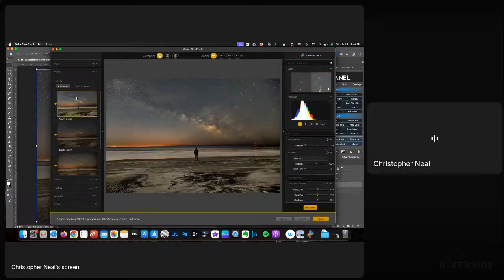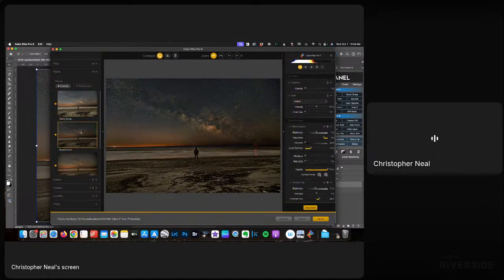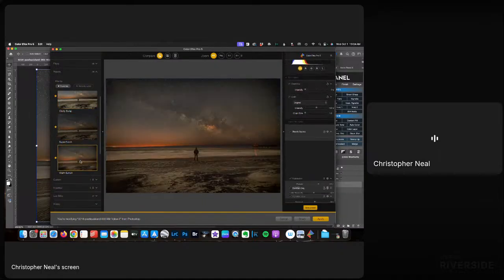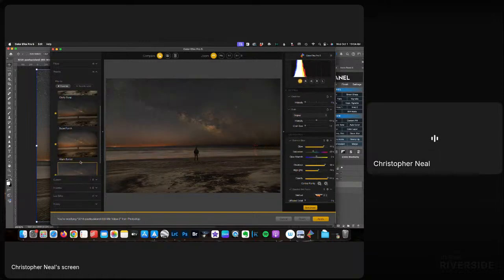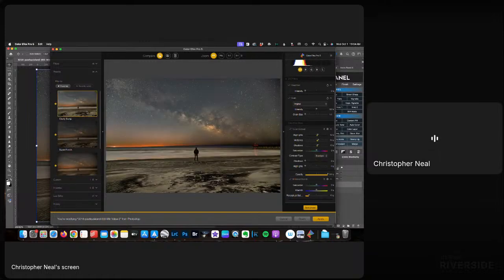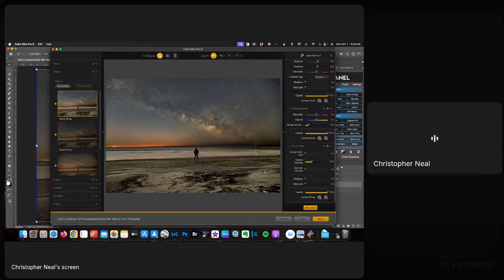And then I have a couple of the recipes, the presets, saved out as favorites, and I'll usually run down these to see which one really strikes me as the best. And I kind of like this clarity bump. It adds a good bit to this image, but I'm going to turn it down just a bit, give it some dynamic